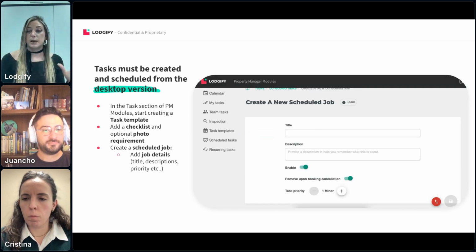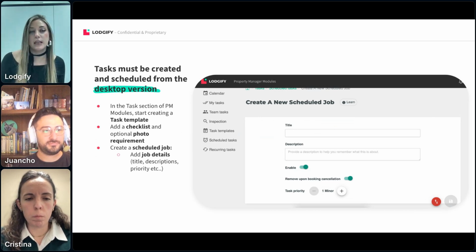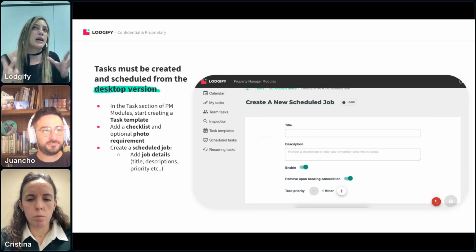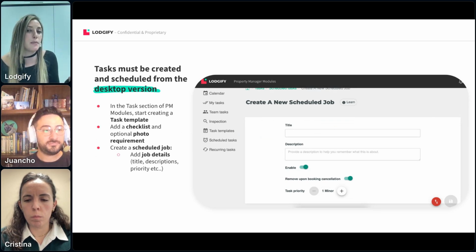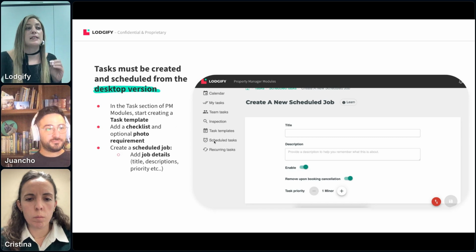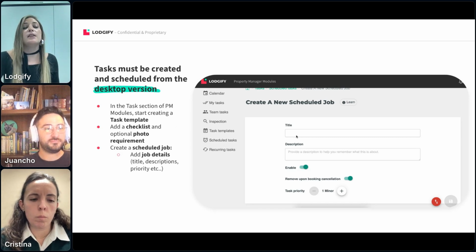We have created the task template. The task template just describes what the task is and what the subtasks are that must be completed. But when is this task supposed to appear on the calendar? And most importantly, when is the team member supposed to start, and by when is the team member supposed to complete the task? That is done by heading to the section called scheduled task,